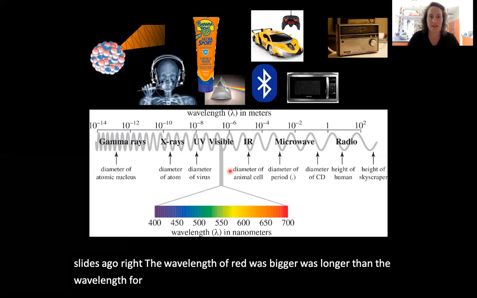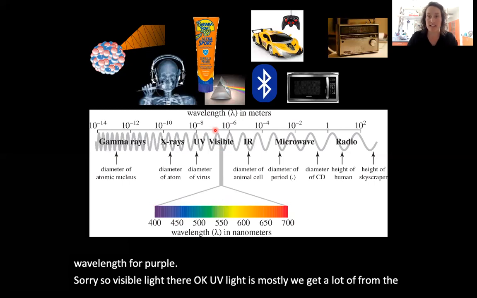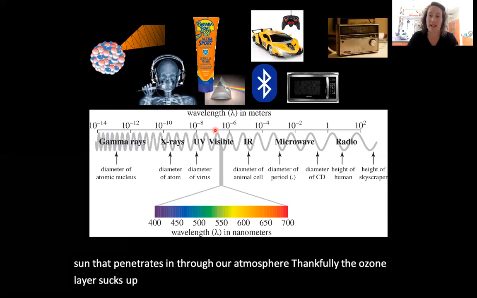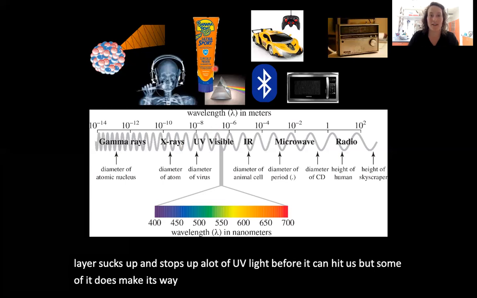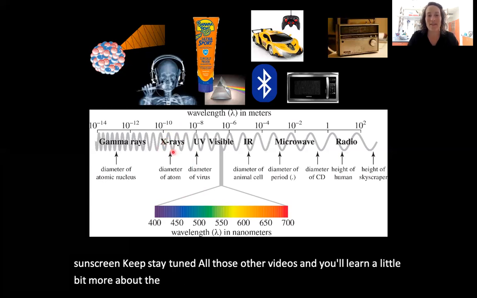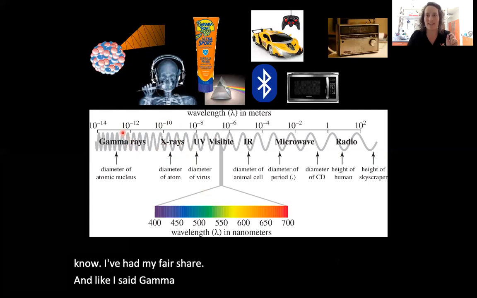Okay, sorry. So visible light there. Okay, so UV light, we get a lot of that from the sun that penetrates in through our atmosphere. Thankfully, the ozone layer sops up a lot of UV light before it can hit us, but some of it does make its way through, and that's why we need to wear our sunscreen. Stay tuned to all those other videos, and you'll learn a little bit more about the chemistry behind it. Then we have X-rays. Okay, probably at some point in your life you've had an X-ray. I know I've had my fair share. And like I said, gamma rays are the smallest